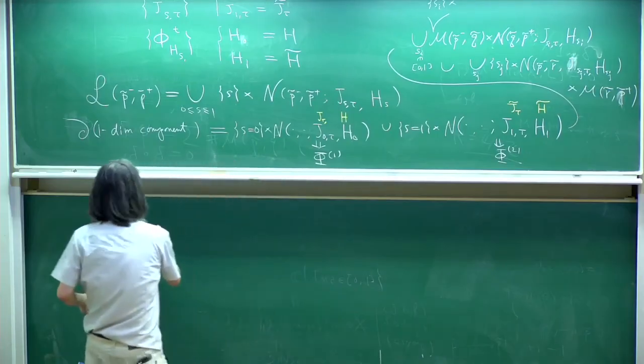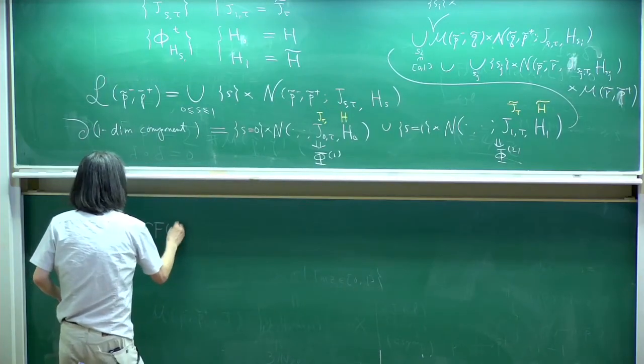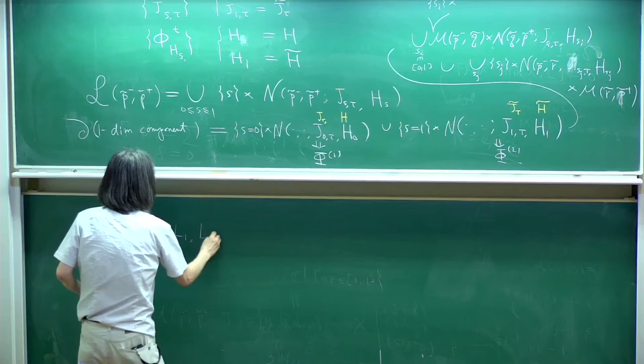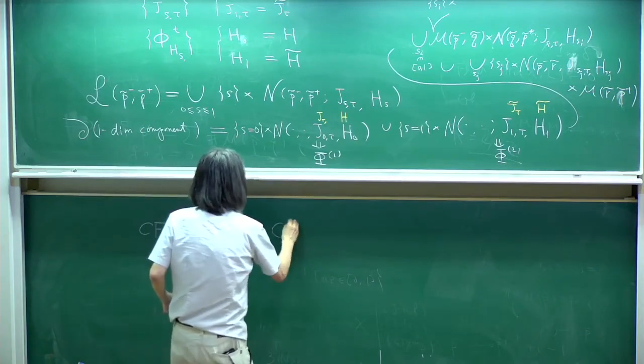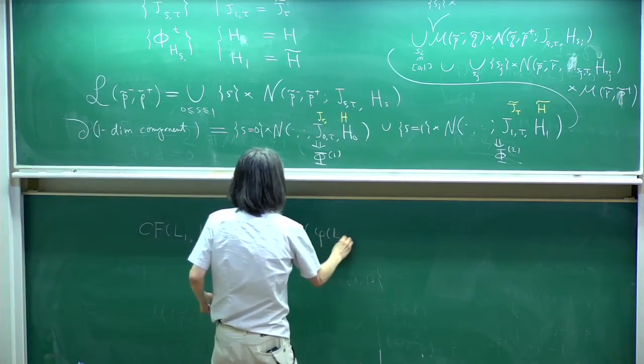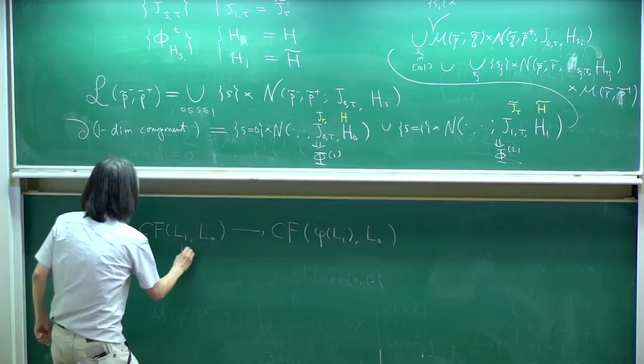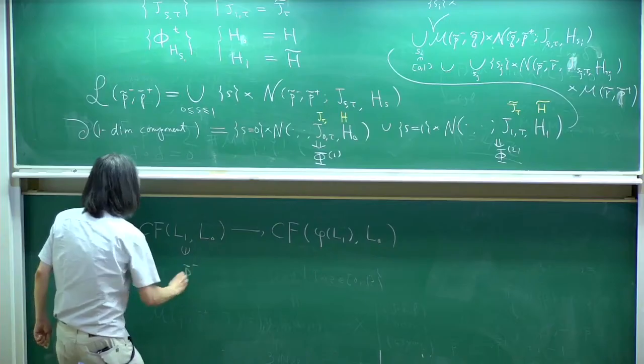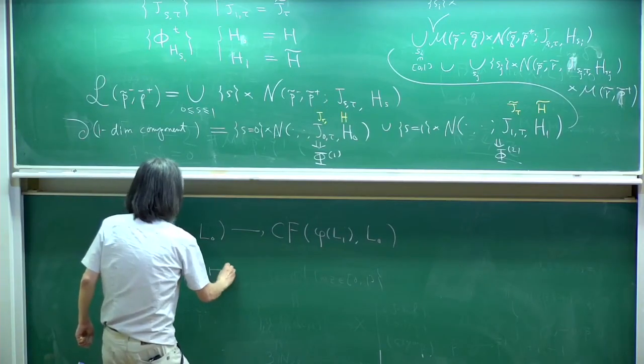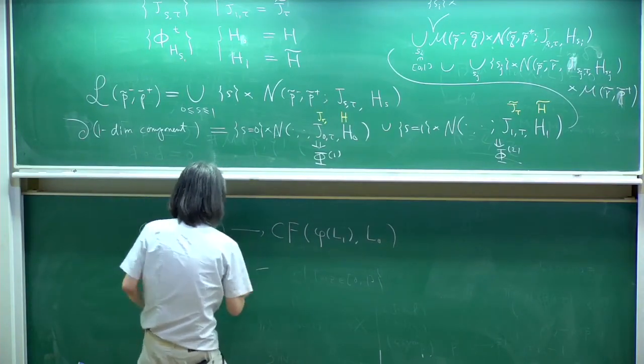So we want to have chain homotopy like CF of this L1, L0 going to CF of phi of L1, L0, right? So here I have P tilde minus,